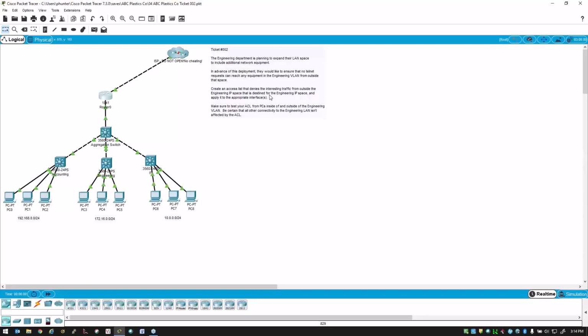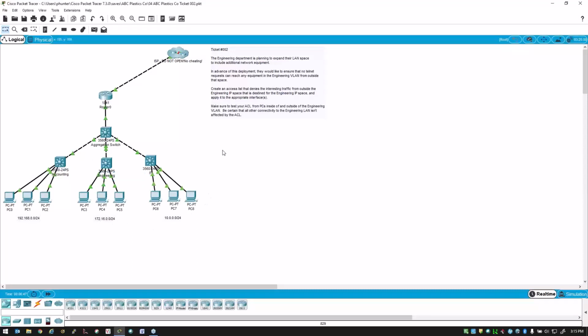So again, traffic from outside the engineering IP space. So basically anything in this entire domain that I'm hovering over with my mouse pointer, trying to go slow so it shows up on your screen so it's not too jerky. So anything from out on the internet, anything from around here, anything from this VLAN, the accounting VLAN, you'll notice that's the accounting switch there, probably in very small print, which is why I'm pointing it out. Anything from the IT VLAN and the IT switch, anything coming from all of that stuff destined to this engineering virtual local area network, destined to this